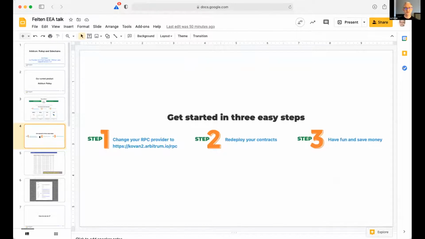So you just point your RPC provider at an Arbitrum node like the one shown here, and then you're good to go. You can deploy your contracts. You can send transactions. This is bit for bit compatible. To deploy a contract, you send literally the same bits you would send to Ethereum. To send in a transaction, you submit exactly the same bits you would submit to Ethereum via the same API. So it really is that easy.